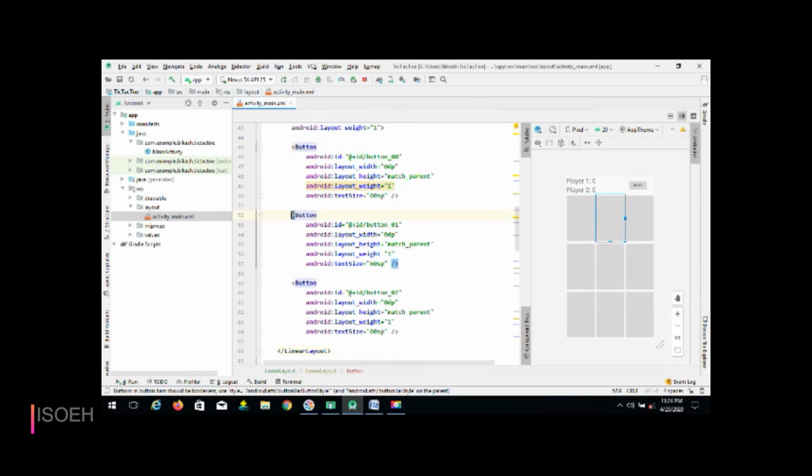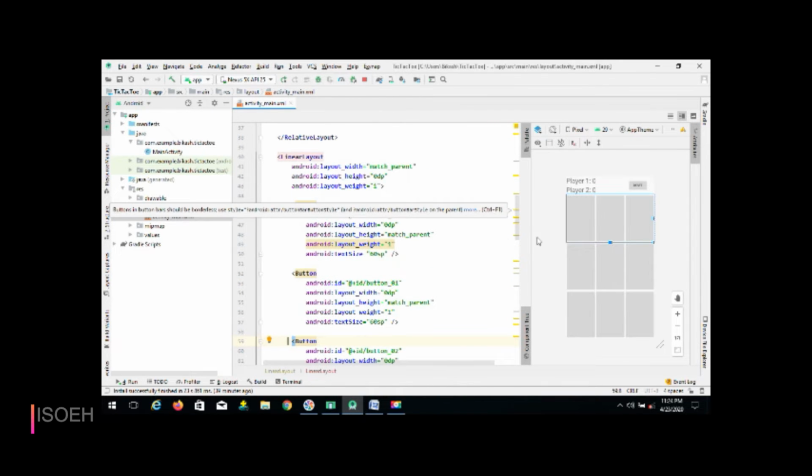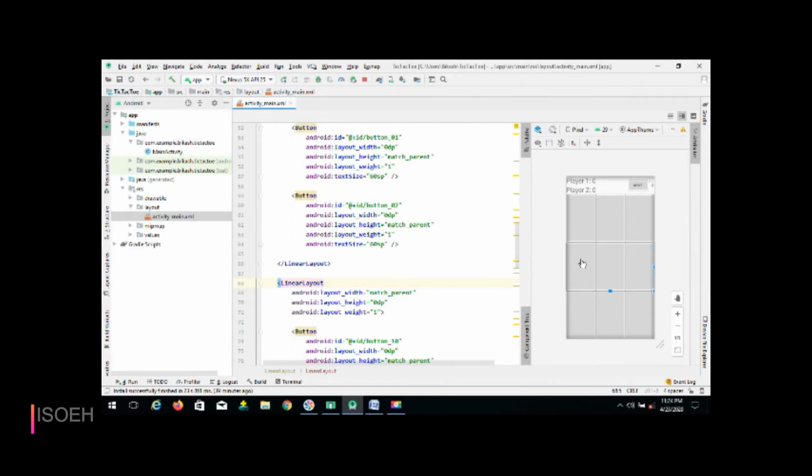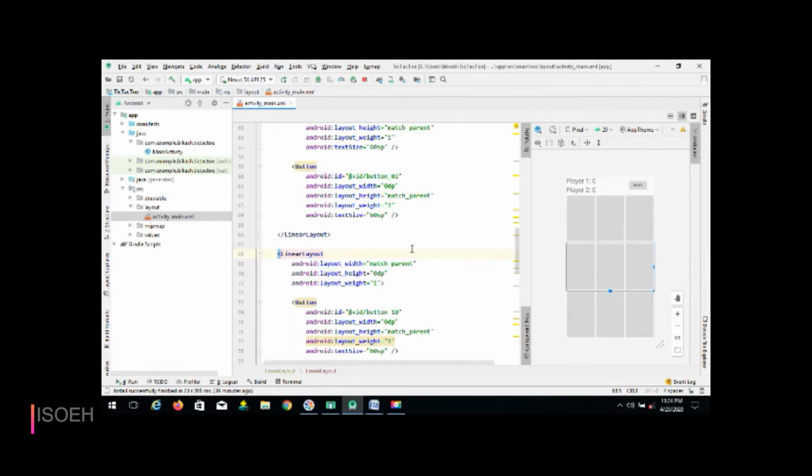And one after another I have created 3 buttons here. This is button 1 and this is button 2. After completing one row, you have to create the next linear layout for the next row. Here I have already created it with match parent and height 0 dp.